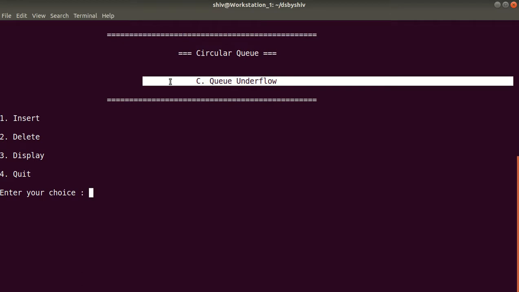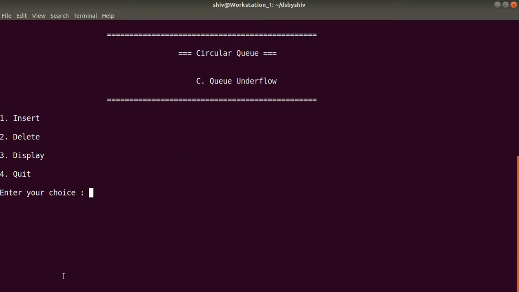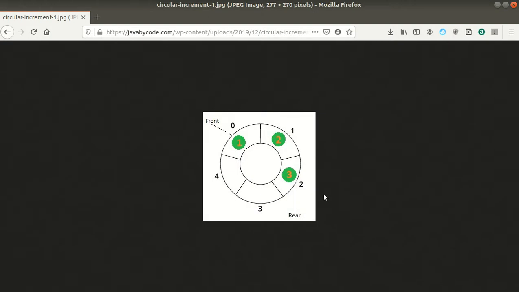So before proceeding further, I have a figure to understand this concept well. Our circular queue will be like this, meaning the indexes will be 0th index, 1 index, 2 index, 3 index, and 4th index. So in total there are 5 elements. We will insert elements in the same order, meaning 0th index, 1 index, and 2 index.